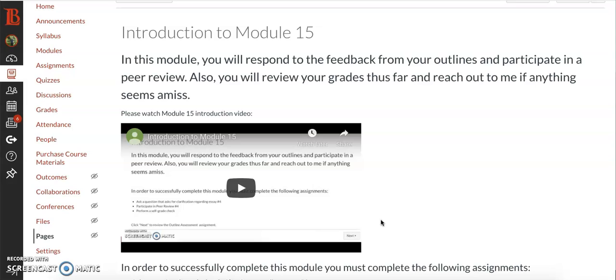But as you're working on the revision for your third paper, don't fall behind on the research paper. In order to not fall behind on the research paper and to ensure you get a substantial amount of feedback prior to submitting the final draft to me, you will be completing 2 assignments in Module 15 to ensure that you create a unified essay. And that's where the outline comes in.